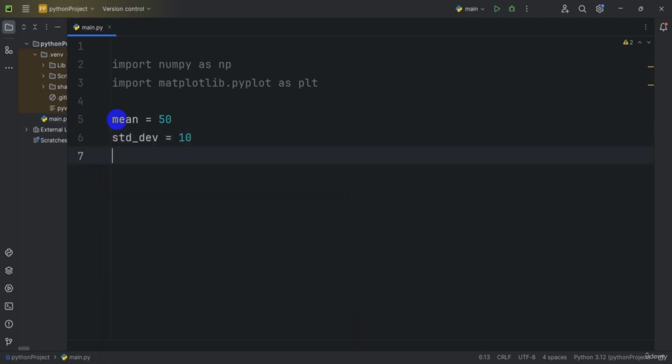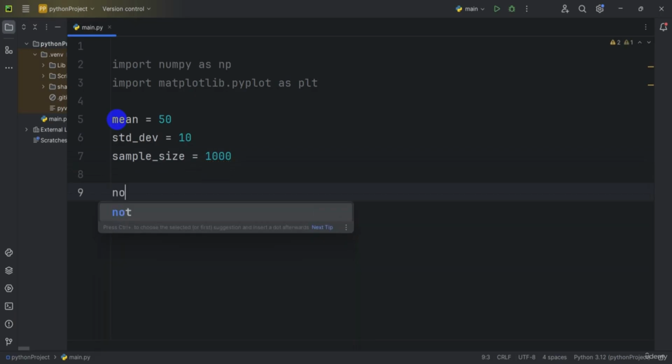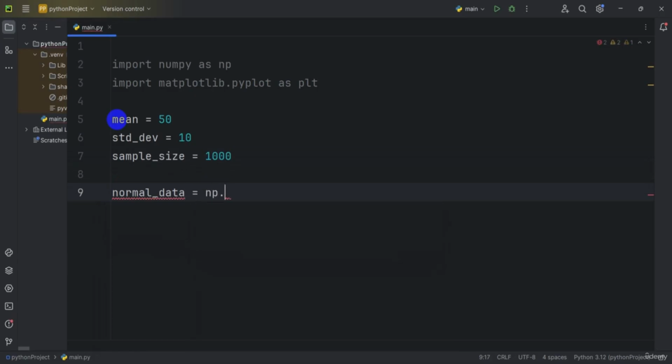Now I'm creating the sample size. So just type sample underscore size is equal to 1000. Okay, so now, next step, I'm generating the normal distribution. First of all, I'm typing normal underscore data is equal to np dot random